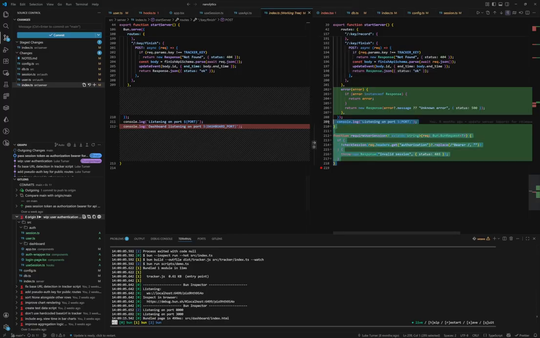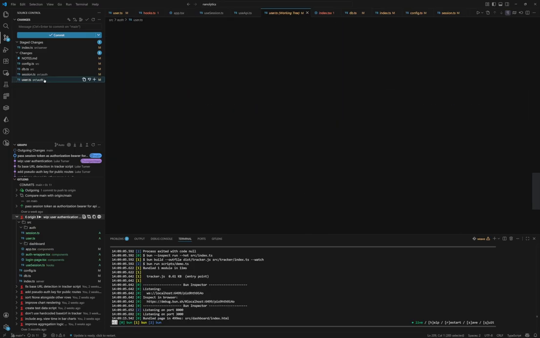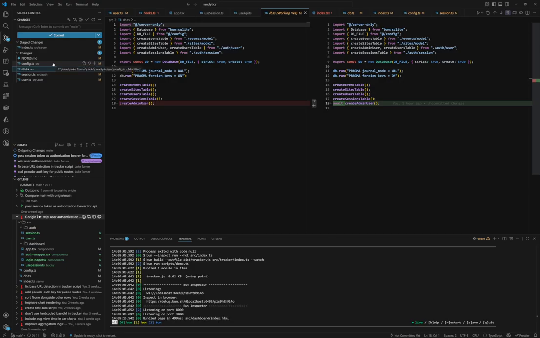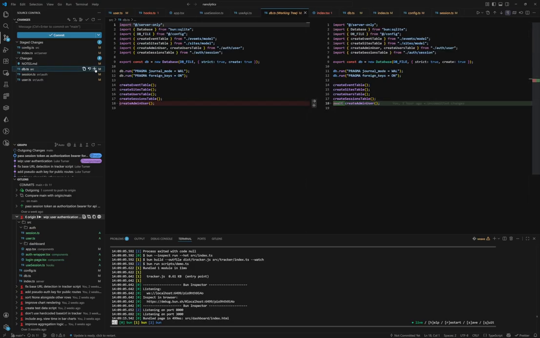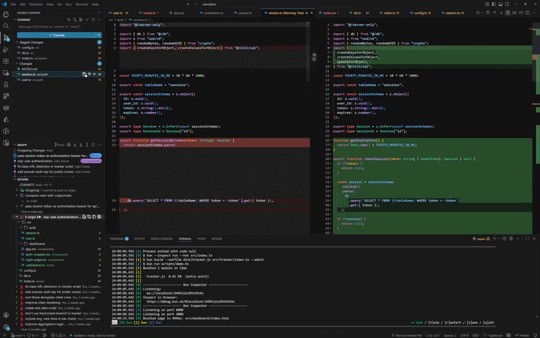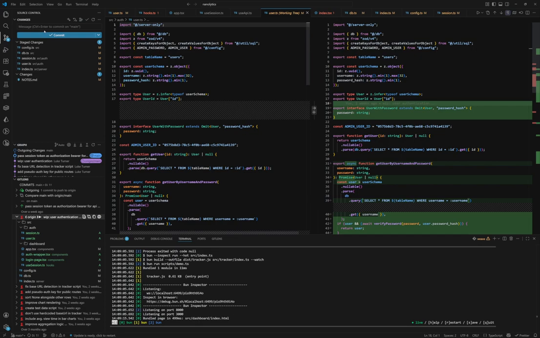Well, that doesn't really make sense. Whatever. Actually, let's just do the whole file. A little bit of a mess, but that's okay. And we'll just do all of these things too, I think. And we will call this